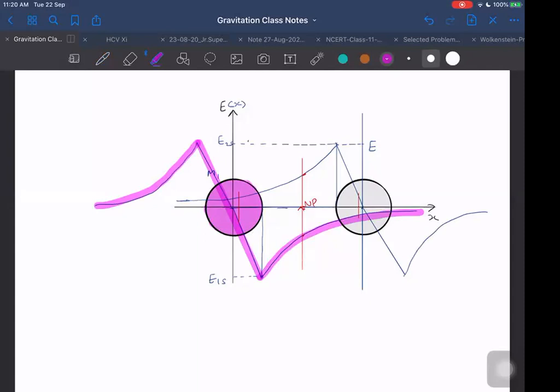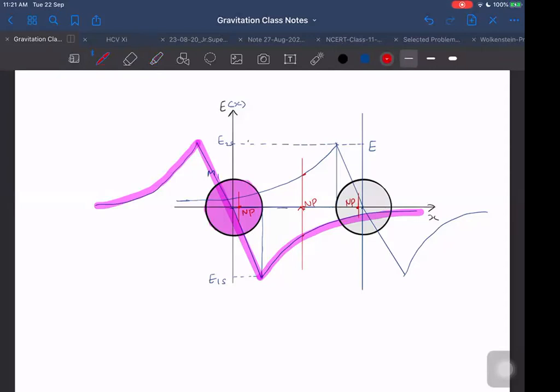Now, how many null points will be there? One null point, as you know already, and inside also there will be another null point, and one more null point will come inside here when positive is equal to negative, and that is null point 3. There are 3 null points here. You can see how many null points are coming. 3 null points are coming. Okay.